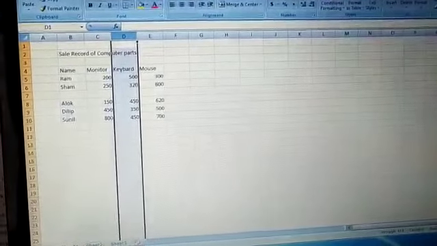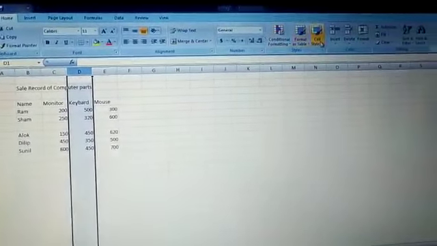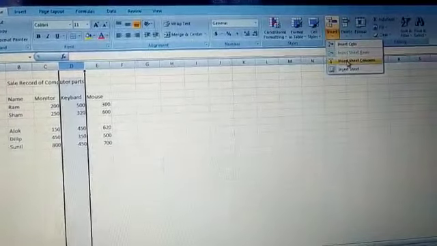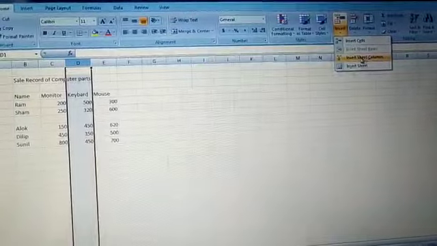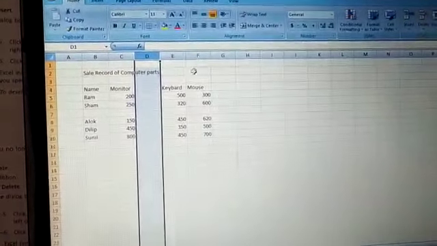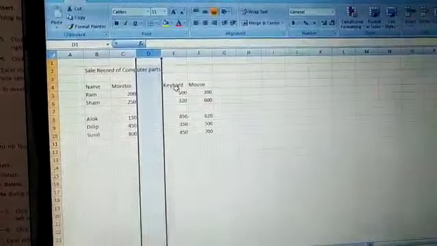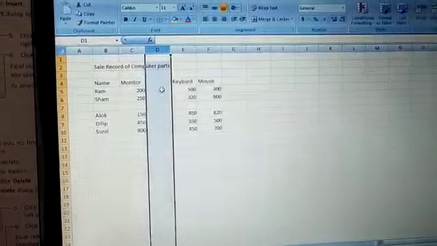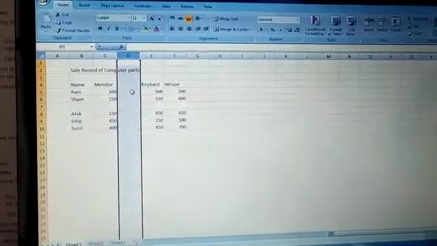Click on the Home tab again. This is the Home tab, and here again click on the Insert option. Now as you can see, Insert Sheet Column option is given. Just click on it. Now you can see that the cursor is shifted to the next column at the right side and the new column is inserted here. I hope you can easily understand.